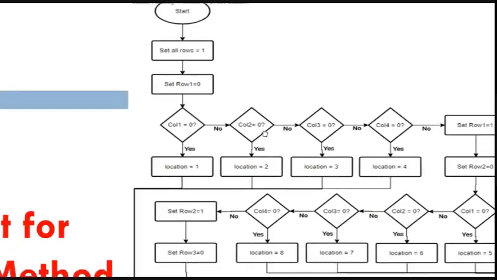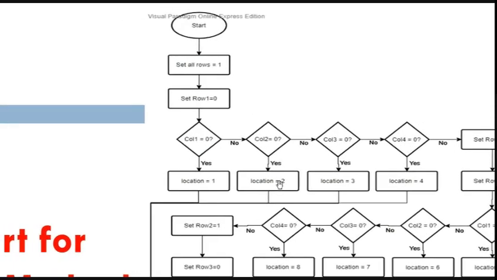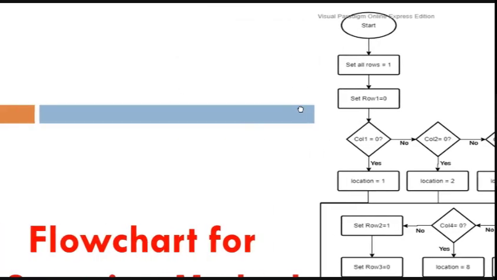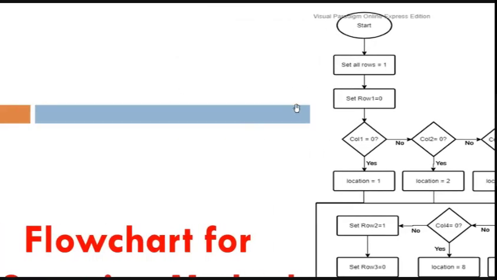So this is the flowchart. I will start explaining how the scanning process starts. You can see from here, we first start the program, and then we set all the rows equal to 1. Okay, so for example,